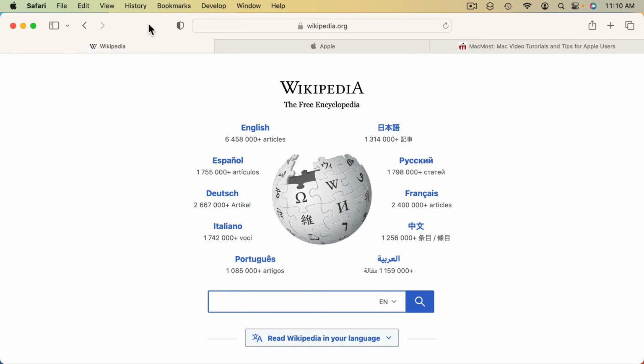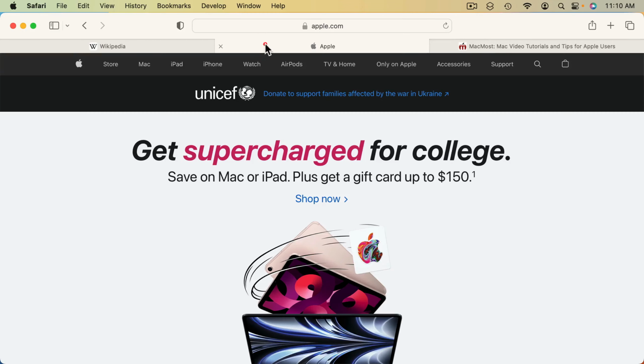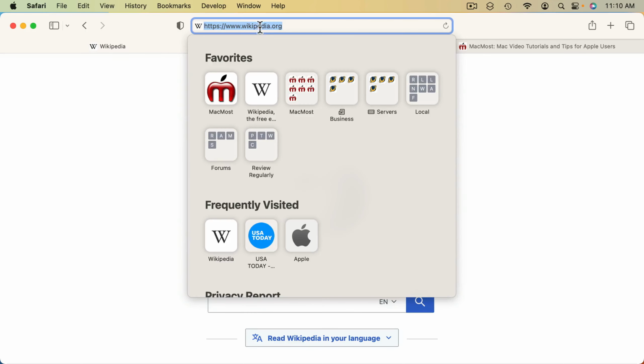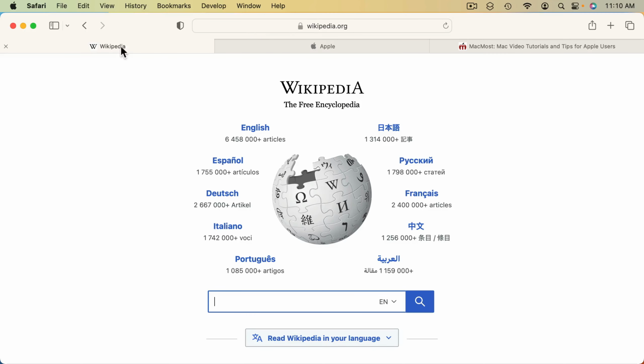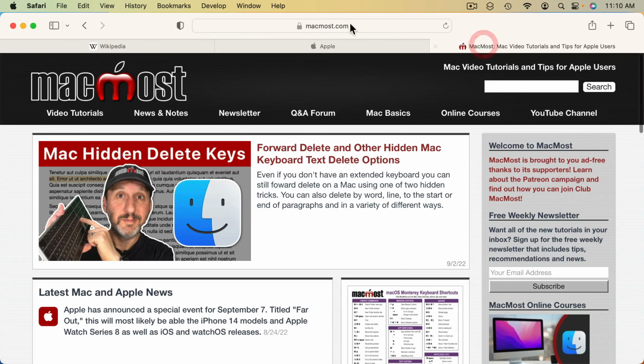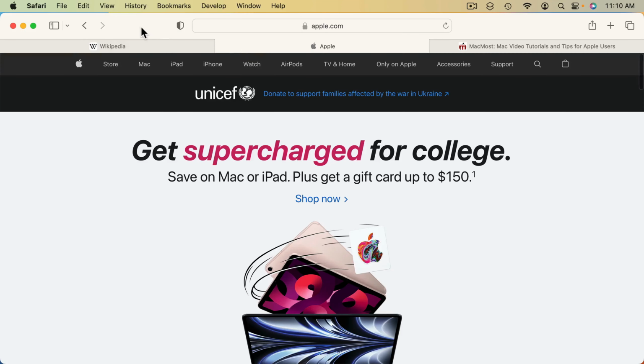And this is how it used to look for everybody, where you have the tabs below and the field here at the top. So the field represents the location that you see for the tab that is selected, and it's always there by itself. So this takes up basically 2 lines here, one for tabs and one for the address